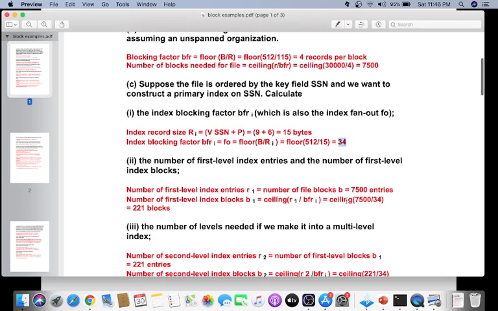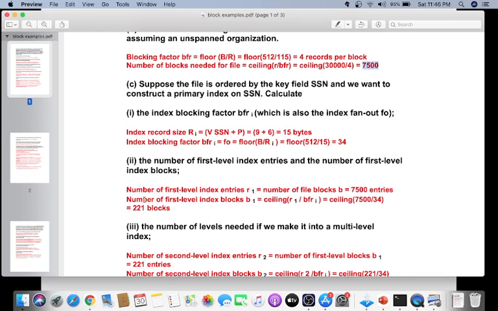Now we have to calculate how many blocks accesses will be required. So the number of first level index entries and the number of first level index blocks should be calculated. The number of first level index entries R1 is given by the number of file blocks. We have already calculated it, that is 7500 entries.